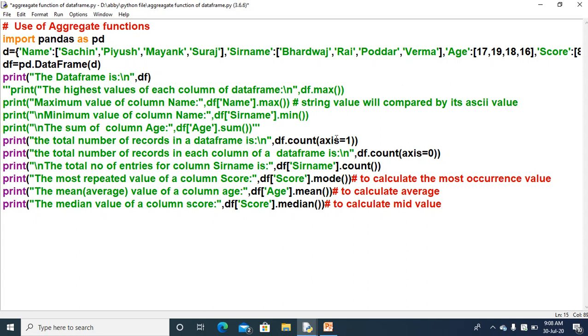So here I have not specified any specific column, so it will return the total number of records. How will you recognize that it is the total number of records? Because x is specified as 1 over here. If you specify x equal to 0 as I have specified here, then it will return the total number of records for each column. Okay, and here it is the total number of records in a data frame when you have specified x equal to 1.